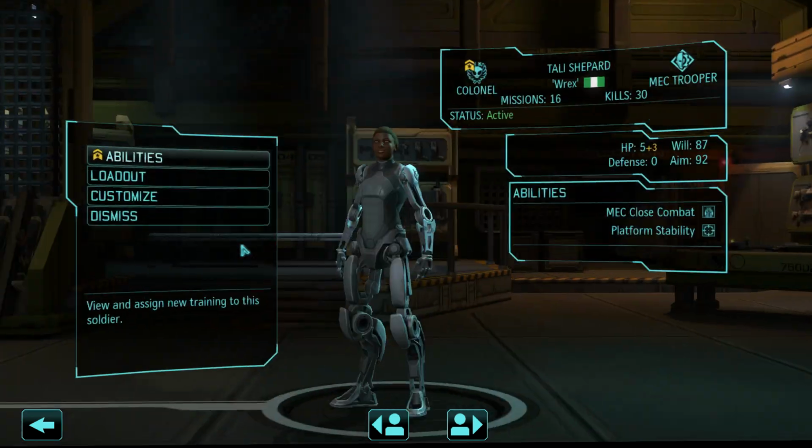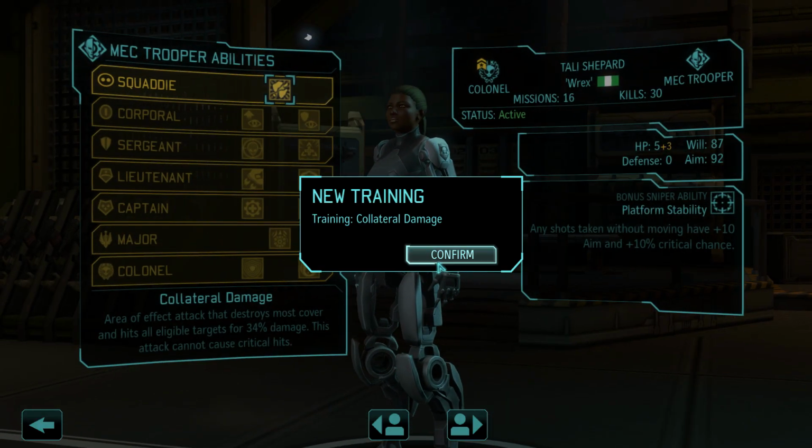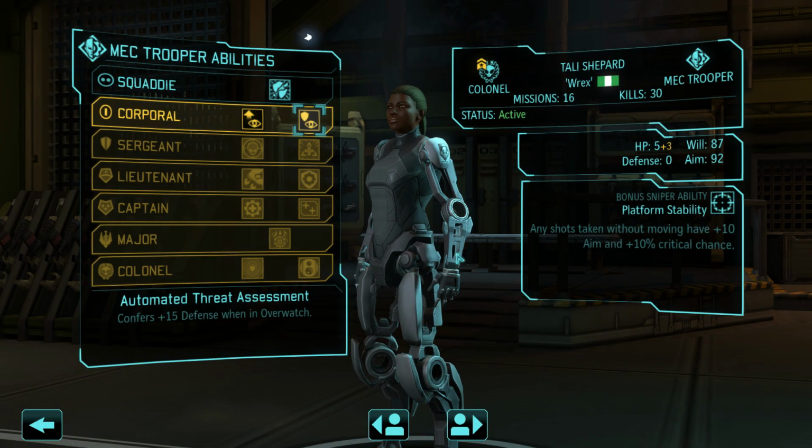So tally now. Oh, this is awesome. Okay, so any shots taken without moving have +10 aim and +10 critical chance. So that's a big plus because of her aim already being super strong. Shots from Overwatch no longer suffer any aim penalty or +10 or +15 defense in Overwatch. Oh, that's interesting. I don't know what to do in this situation with her because we're not going to move very often. Well, we're not going to move if we don't have to. But our aim's really good, so